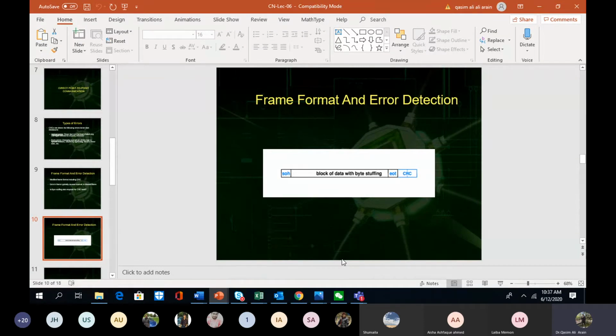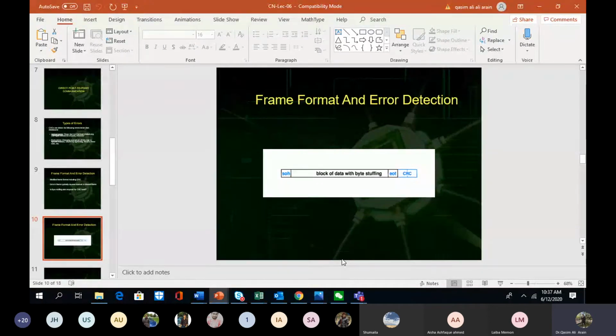ठीक है जी, इस फ्रेम से आपके पास ये CRC वैल्यू को detach कर लिया जाएगा and then upon that particular data, a new CRC value would be calculated at the receiver's end. आपके पास एक new CRC value calculate होगी by using the same mechanism that I have told you. I have told you कि आपके पास shift register use हो रहा है, आपके पास XOR operation use हो रहा है. The combination of these two things is going to calculate a new value of CRC at the receiver's end. अब होगा क्या?